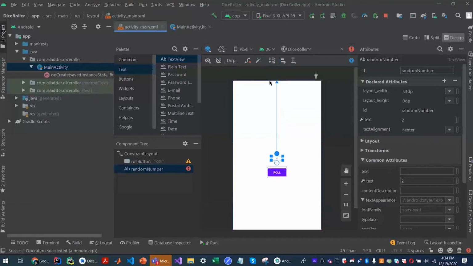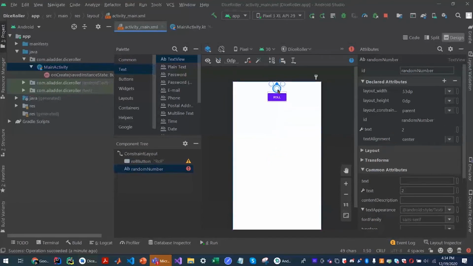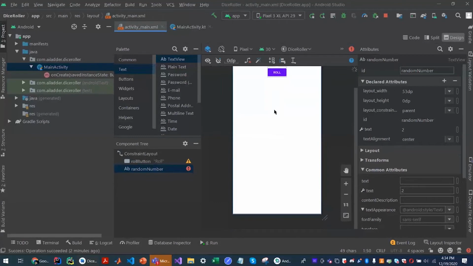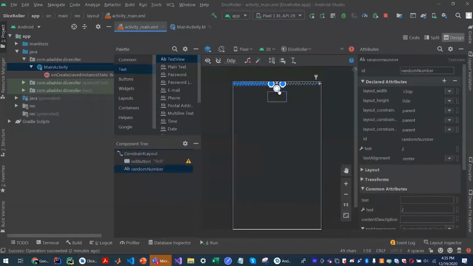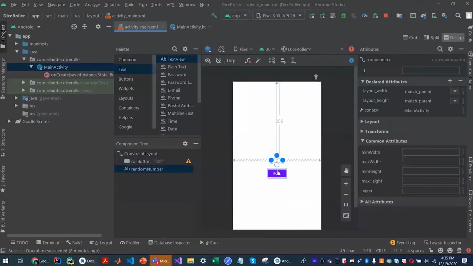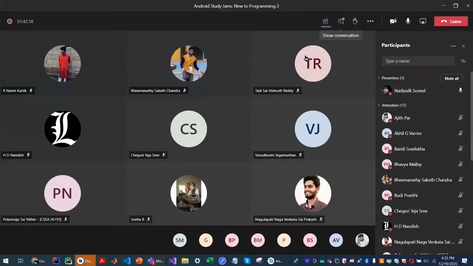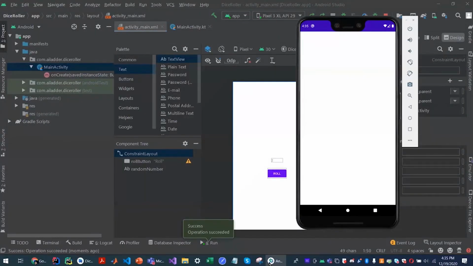Now similarly, we have to attach this as well. Yeah, so now the error went away, and if we run it, we should have it in the middle. Let's just check once more. Yep, now they're in the right place, and as you can see, the text hasn't appeared because we removed it and we just kept the test text to see how it would look.